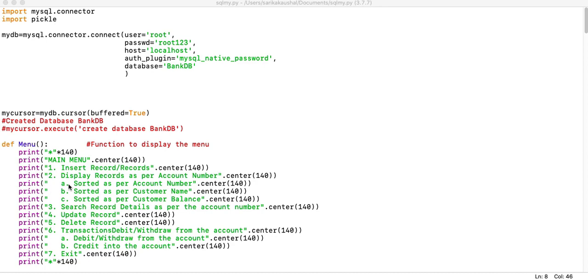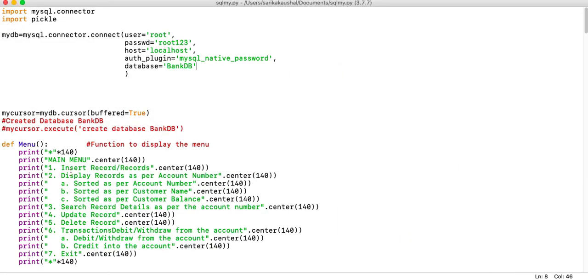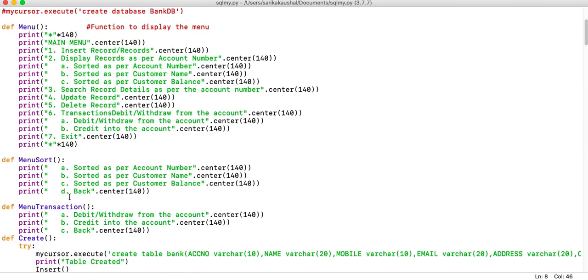The first function that I've created is a menu, which is doing nothing but showing you the menu options. This is just a menu function where I want everything to be center aligned, so I've used the function center. Now there are two sub menu options.